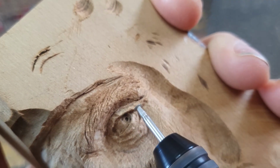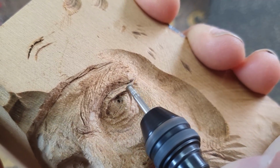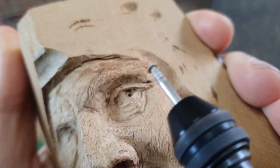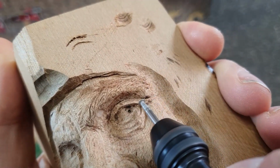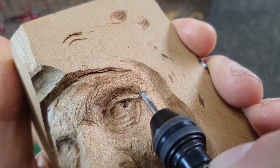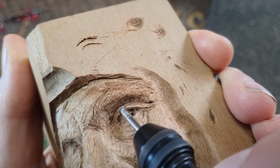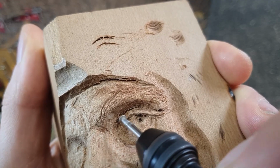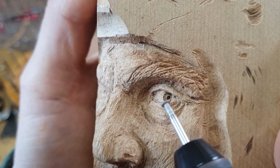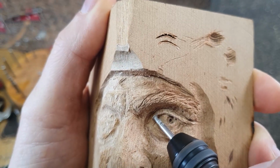And these burrs are very good for straightening up the eyelids. I like to put a little bit of a flat plane on the eyelid, just so it catches the light, especially on that bottom one. You can see it there. This is actually a pretty small eye, so it's pretty hard to show you on camera what I'm doing here. But just light touches. And you can see in that corner there, it's a little bit difficult. That's not really working out too well, that eye in the corner. So I might go down a size in that burr and try and...